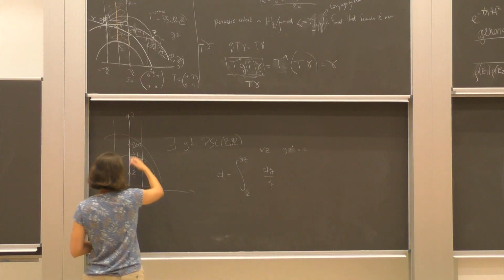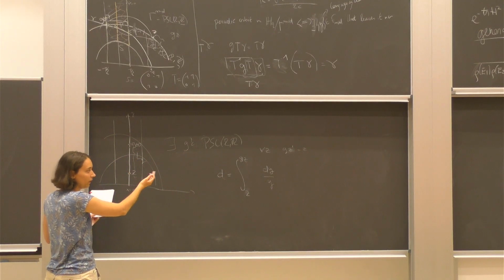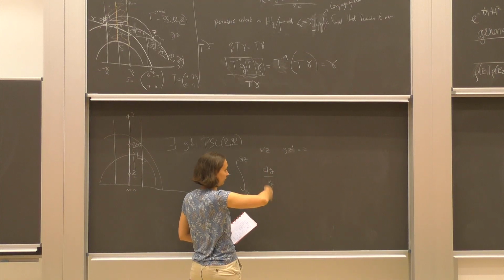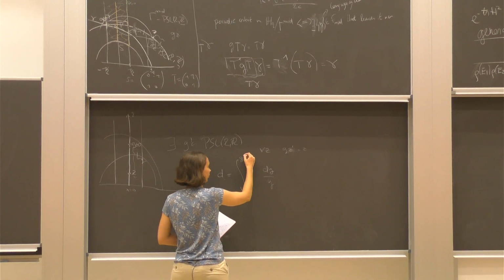The only difference between these two points is in the y direction, right? So it's enough to use the geometry of the hyperbolic space and integrate only in the y direction. And this in particular will